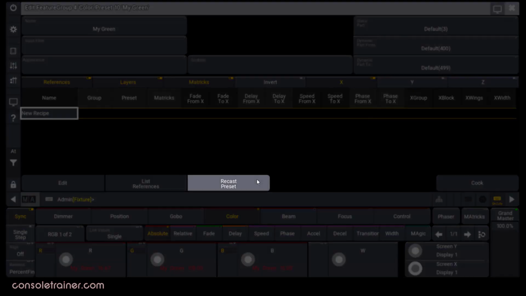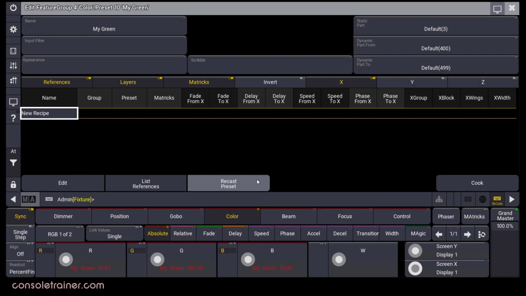Recast preset is also something new. If you add or remove an attribute to a preset that was already used in cues, you can choose to recast that new attribute and update it to all of the cues that reference that preset by hitting Recast Preset. The popular example of how to use this is if you were cloning to fixtures that have more parameters than our source fixtures, like going from an RGB LED to an RGBW or RGBA. You could add in the additional channels to your presets, then use Recast, and all of your cues would be updated. This is going to be handy as long as you understand it.